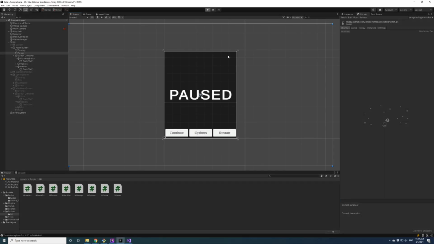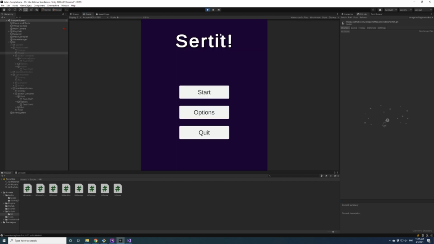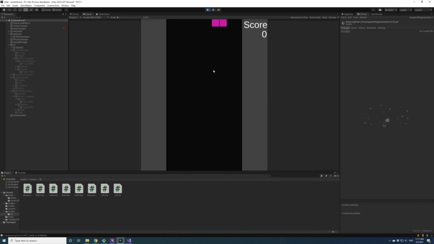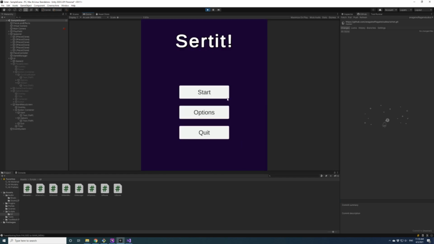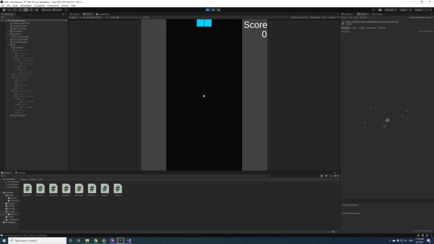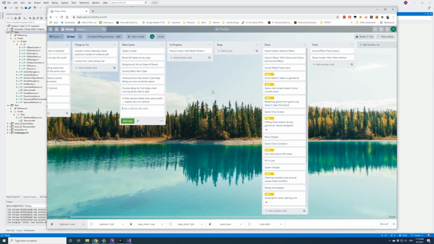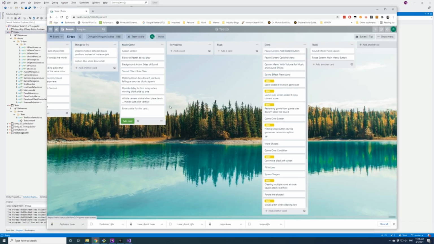So let's test and see if we actually did this one. Okay. Escape, restart, specify main menu, restart. Yep, awesome, so that does work. We didn't have to fix anything.